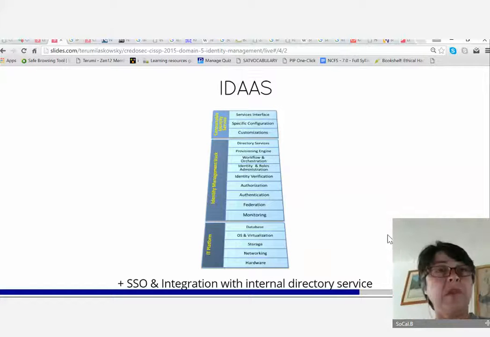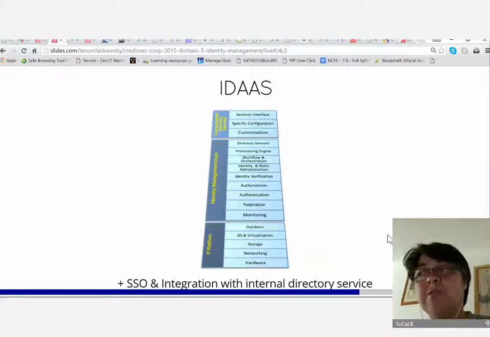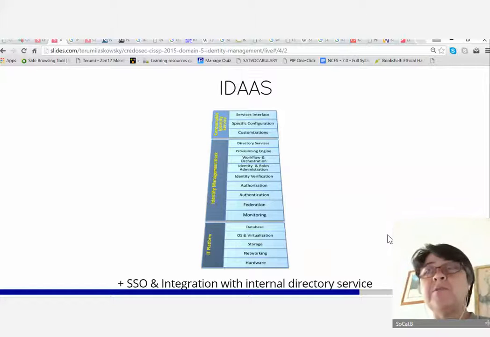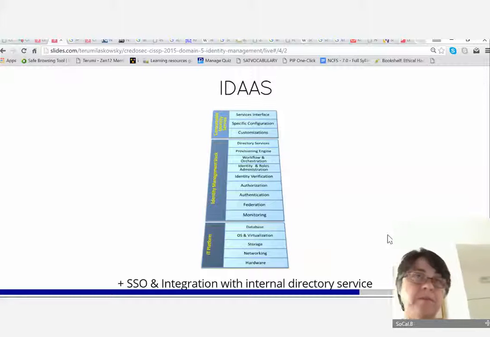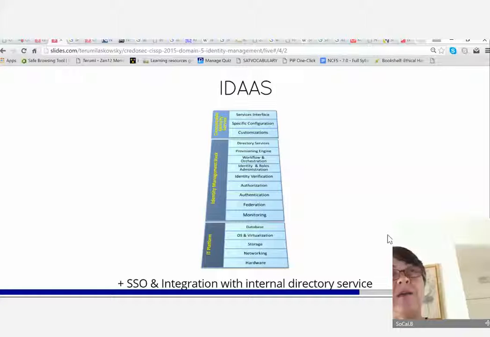How about identity verification? Remember the VA portion of it, or actually the RA portion of the certificate? Somebody making sure that you are who you say you are. Wouldn't it be great if you do that as well? How about authorization and authentication, of course? How about federation? You could do federation with it. That would be fantastic. And monitoring as well, for security purposes and for auditing purposes. So these are a lot of the things that you can think of when you think about IDOS.